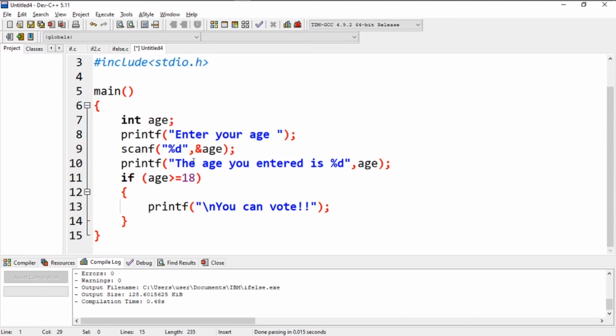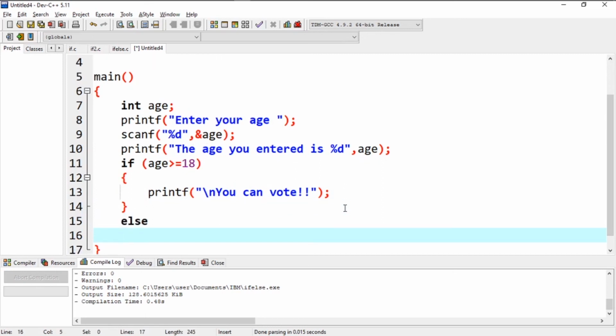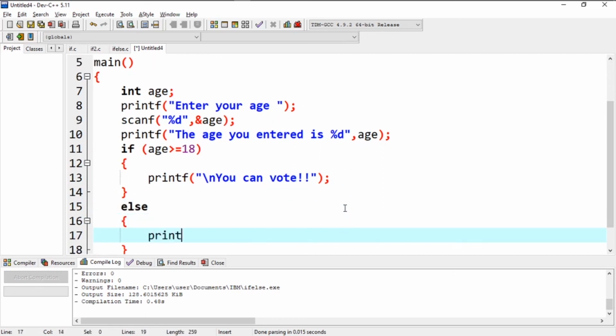If the condition is true, this will print you can vote. But if the condition is false, I'll add an else over here. What if the condition is false? This will have to print you cannot vote. So let's write backslash n, you cannot vote.